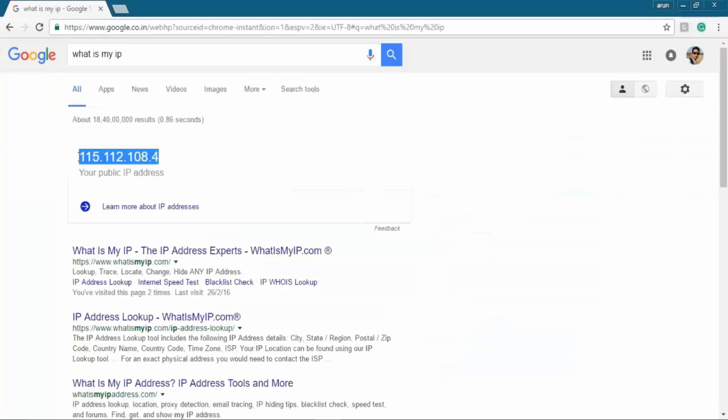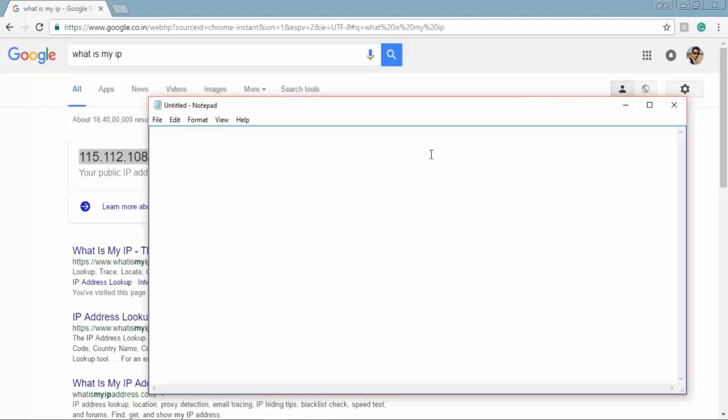This is the public IP that is coming to my router. Let's copy it. This is the public IP with which people can connect to my router, only till the router. They cannot connect to any other system inside the router because they need to have authorization on the router to connect to my local laptop, right? So this is the public IP that is assigned by the ISP, the Internet Service Provider.